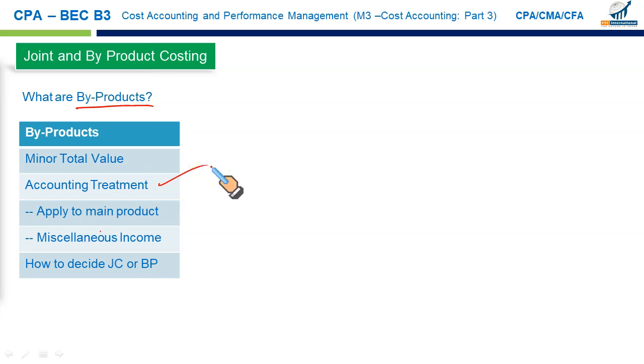There are two ways. Let's say we have produced 1,000 of byproduct X that sells for $3 only, which gives you $3,000. Now, how do we treat this $3,000? The first method applies to the main product. Let's say our joint cost is $93,000.